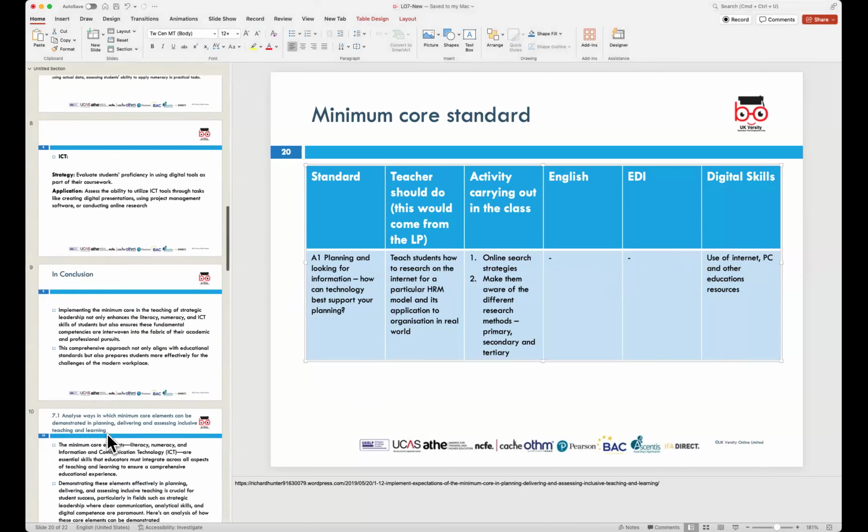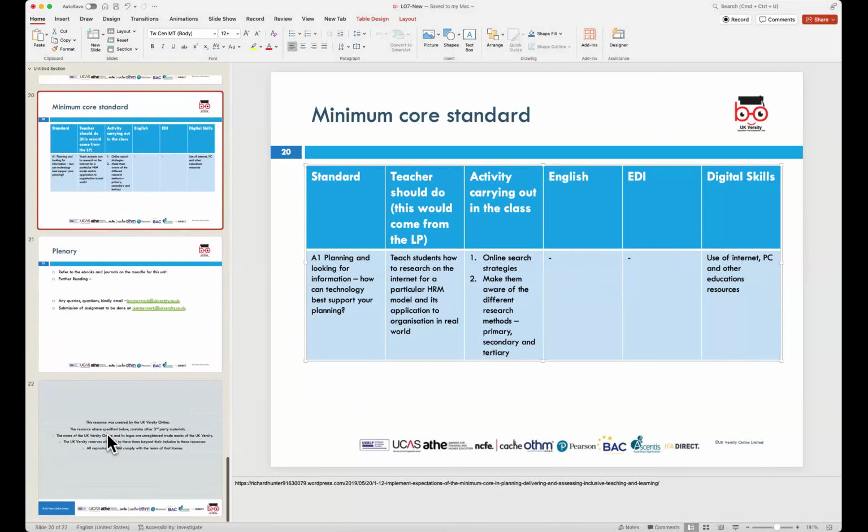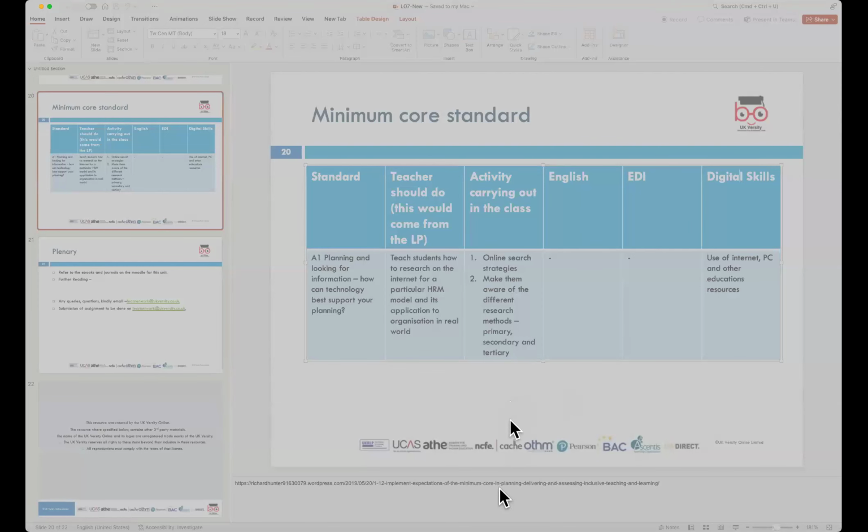And then that would cover the learning objective. Was it 7.1 or 7.2? That's 7.2, because you're applying here. So this is applying the minimum core standard, and this is showing 7.2. 7.1 is more about talking about it theoretically, in terms of how you would go about planning it. In 7.2, you are applying it. In 7.1, you are theoretically planning it. So 7.2, having a table like that, would cover that assessment criteria. Yes. Okay. Good stuff. So what we'll do is